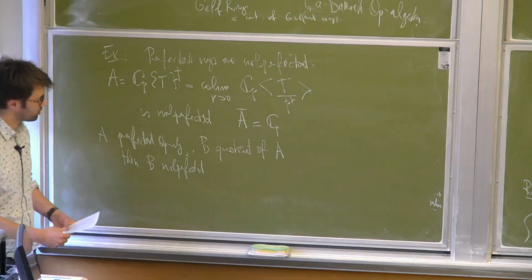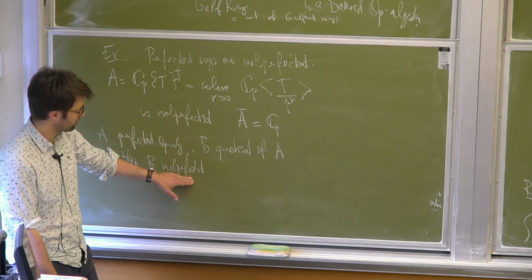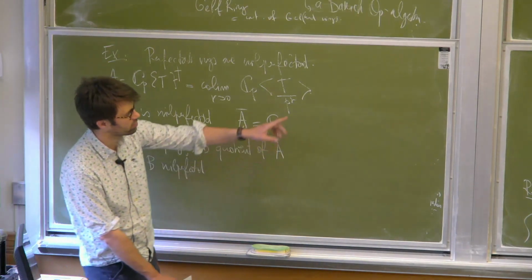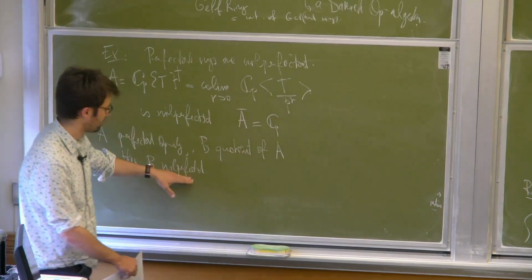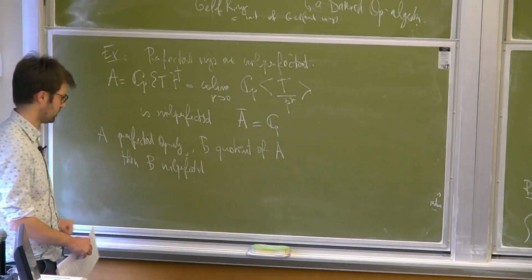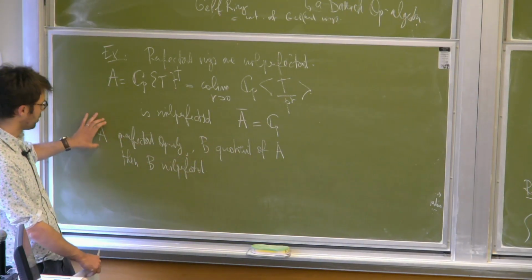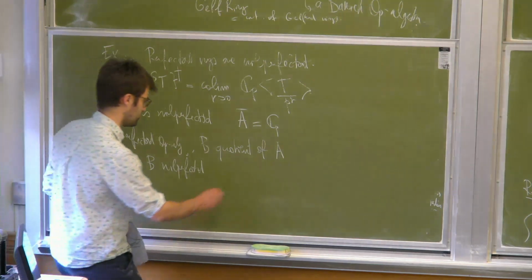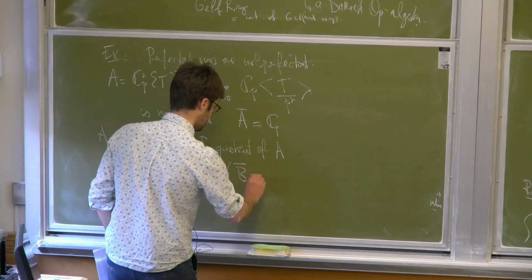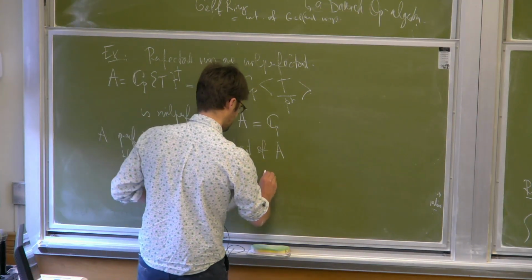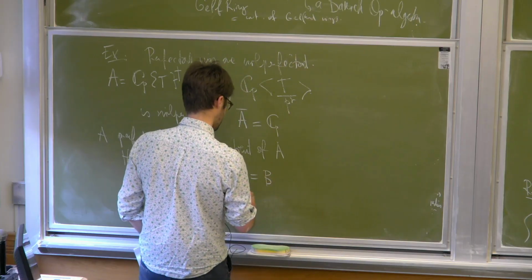And in this case, its uniform completion, or its dagger reduction, will be given by the generic fiber of the perfectoidization, in the sense of the perfectoidization of the power bounded part of A, in the sense of